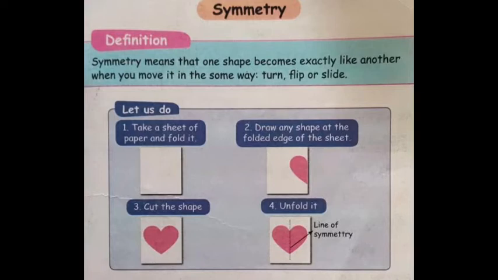What will you see? A line in the center of the sheet, which is known as the line of symmetry, and you will get two designs. You have drawn half a design. Now you will see the full design, exactly the same design at the right side of your paper, isn't it? This is known as symmetrical design.